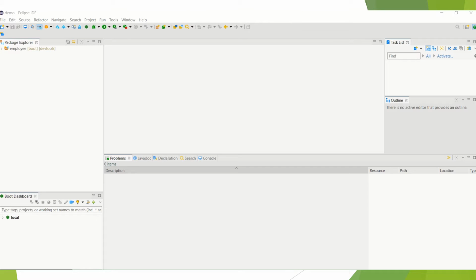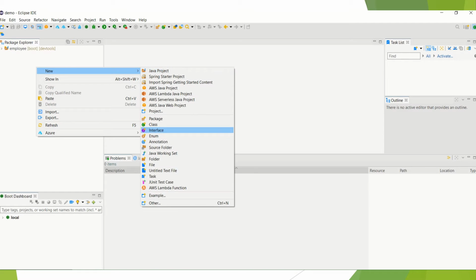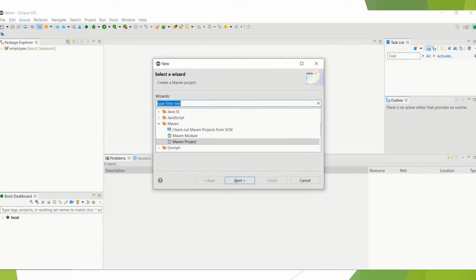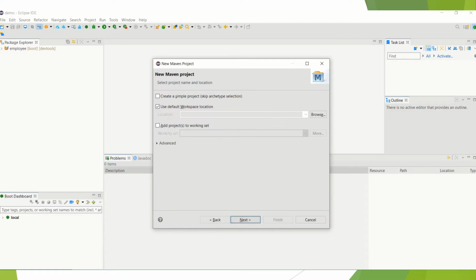Now we have to do the hands-on to create one scratch Spring Boot application. Then we have to interact with AWS S3, and we have to create one S3 IAM user in AWS, and we have to fetch the details and display them in a Thymeleaf page. Let's start the project. So first what we need to do is create one project. Yes, it is a Maven project, we have to create it. So I don't need the archetype selection.